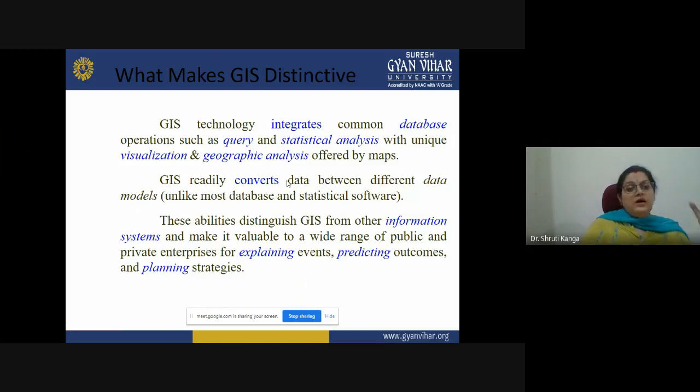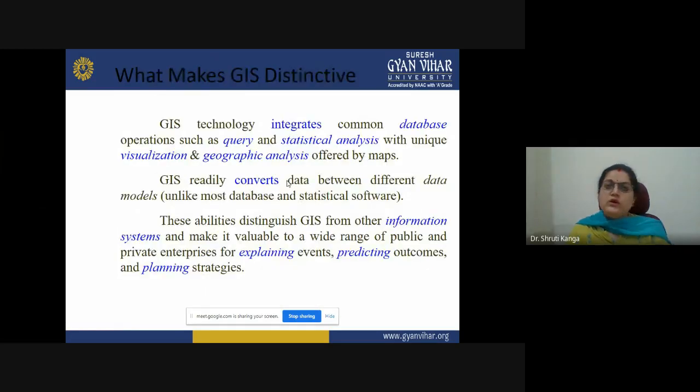For example, it helps us in the prediction of various phenomena, like if somewhere some disaster took place, based on different simulations. Okay, so how to go for strategic planning, because we know to some extent how disastrous it can be based on past and present studies. We are able to predict the future of that particular phenomenon, based on which we can go for strategic planning to overcome that particular problem.